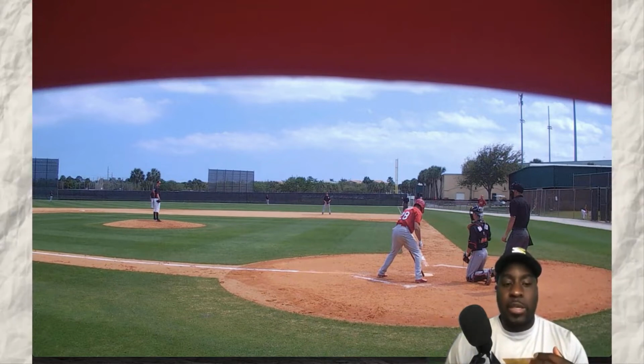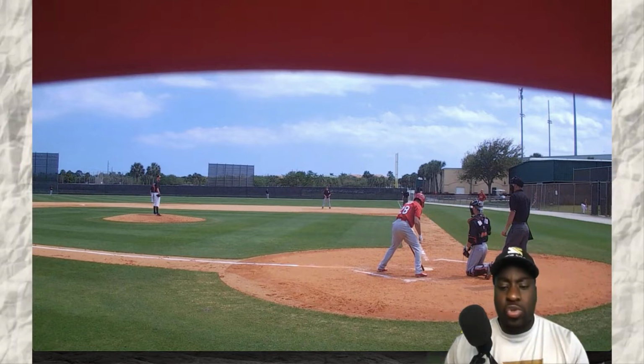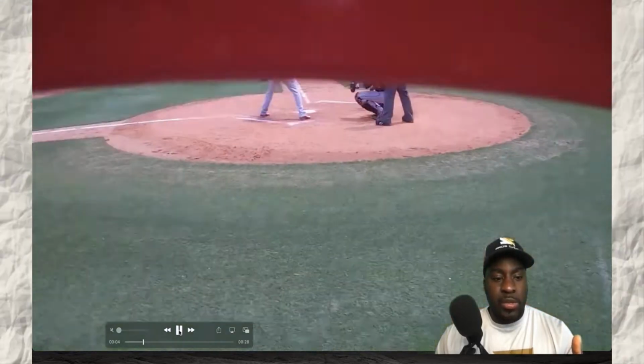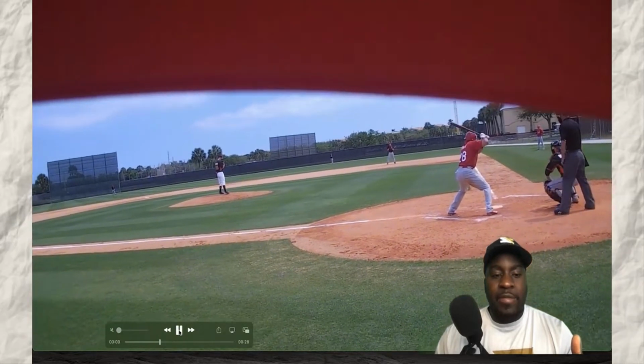Okay, so right now this is spring training, and it was when I was with the Cardinals and we're playing against the Miami Marlins. I believe I was in AAA at this time. And so you have Tommy Pham batting right now, and basically here's the strategy. So you're on deck and you have to say to yourself,